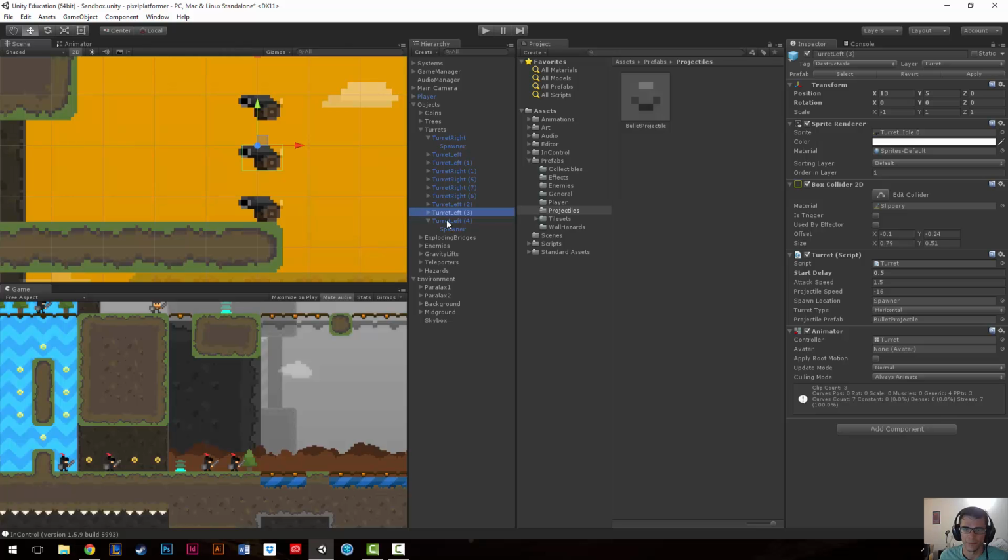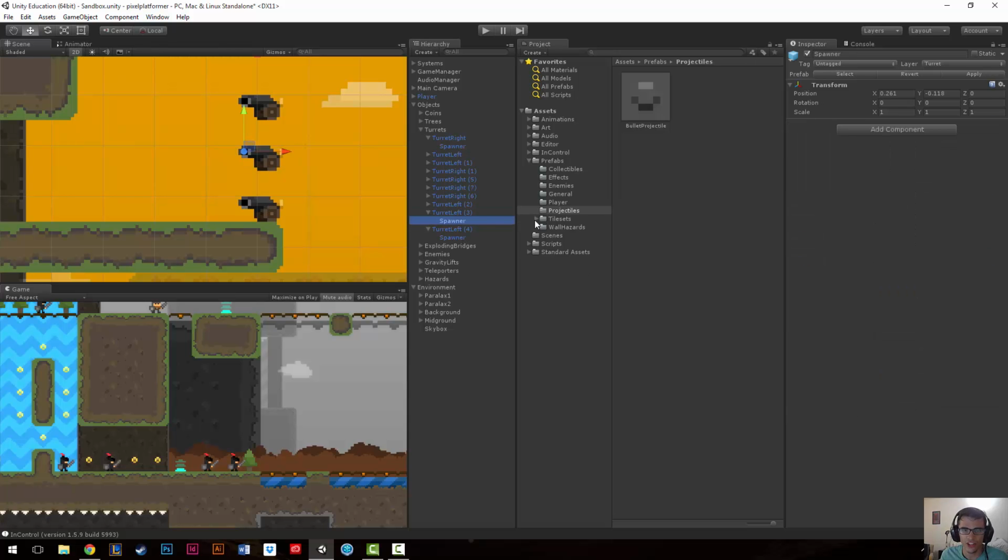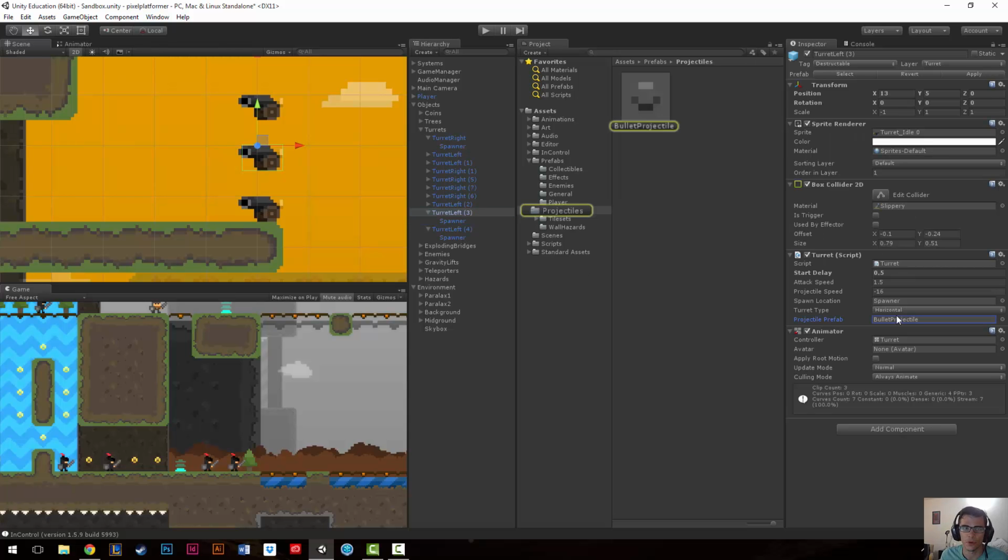We have our turrets here, and I wanted to show you, right, we were on the spawner location. So here's the spawner location, and it's going to spawn this bullet projectile. Now, the actual movement of the projectile isn't done by the turret. This is what gives us a lot of what I would call freedom when we're making enemies. Like we could make a turret, and we could add a turret type that